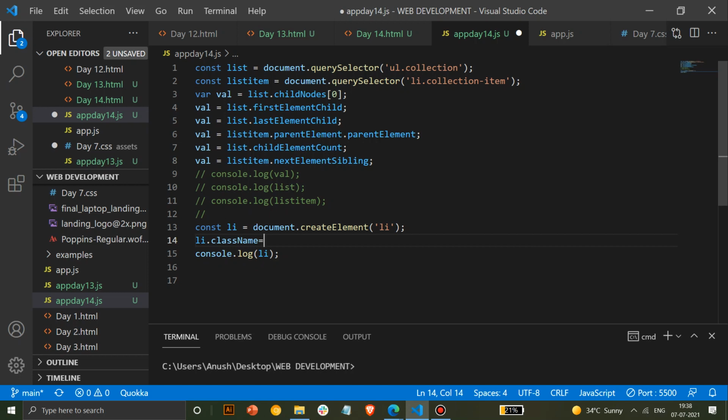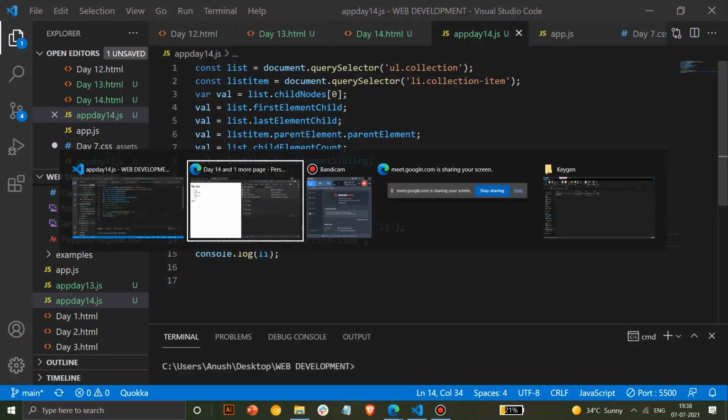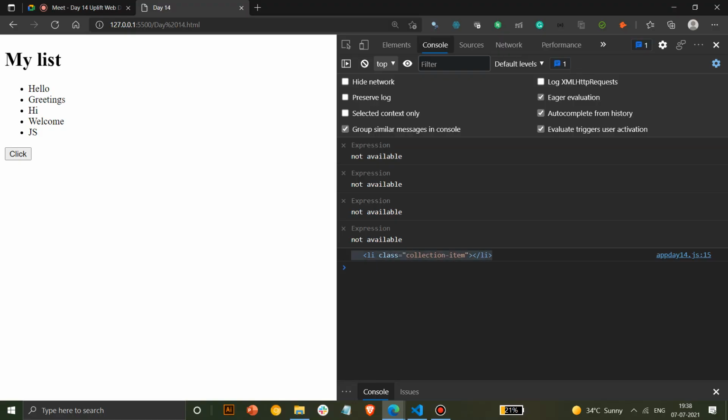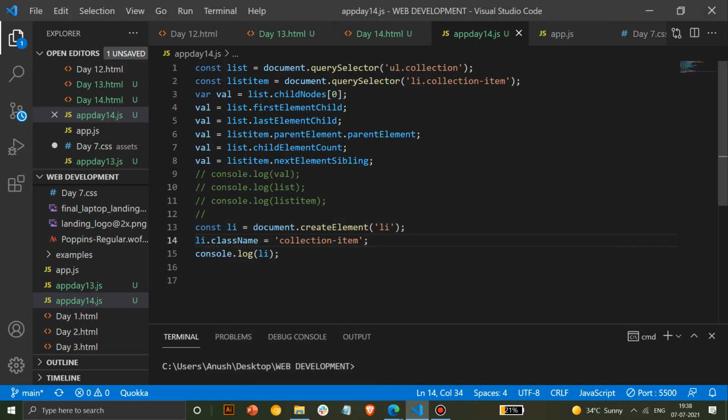Okay. So yes, we'll add this collection item. Every item that we have added as of now, we have put this keyword. So we'll add this by default. As soon as I click save, you can see class collection item is displayed here. You can add multiple classes if you want. You can keep on writing classes here.